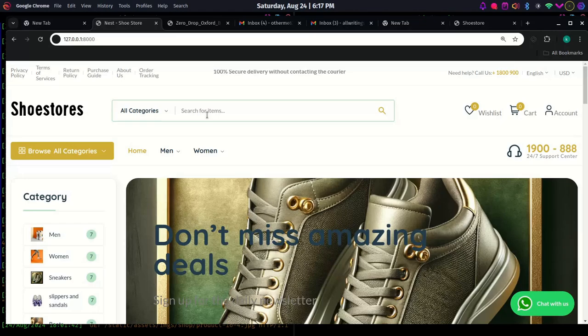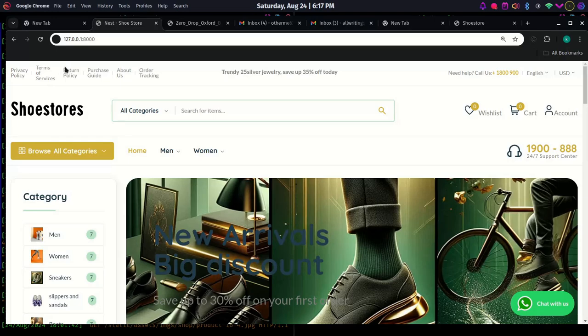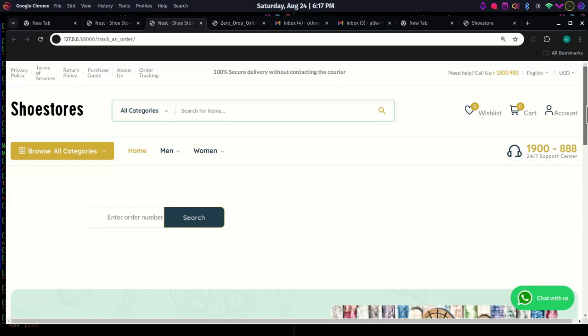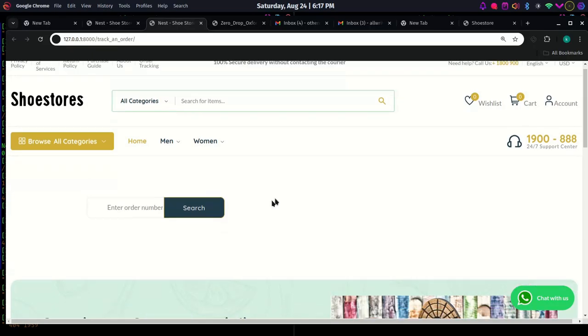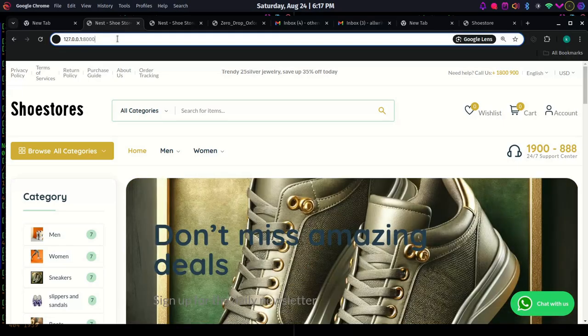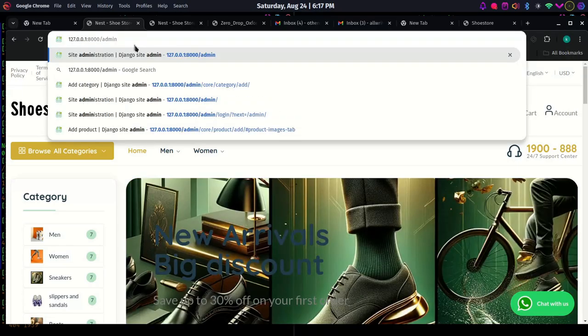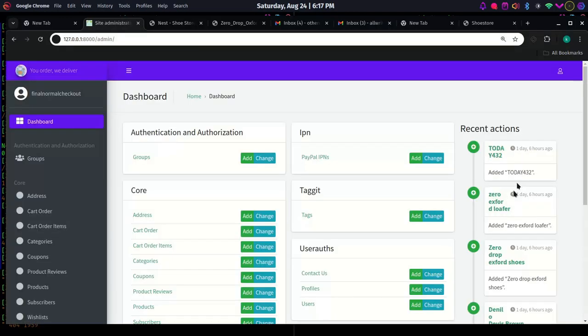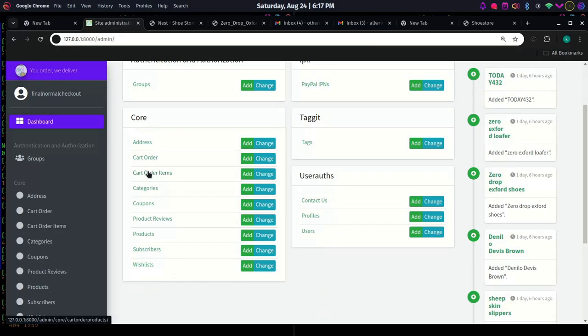So now, assuming the customer has made a purchase and they don't know the status of their order, I have implemented this order tracking feature. So the customer can just track the order based on their order number. So if I can just log into our admin, let me just log into admin. I've implemented this functionality in a way that they can track that order based on the SKU of this product. So if I go to, I think it's cart order,